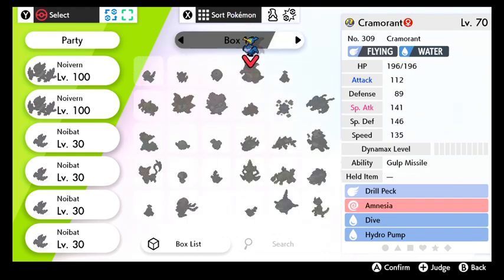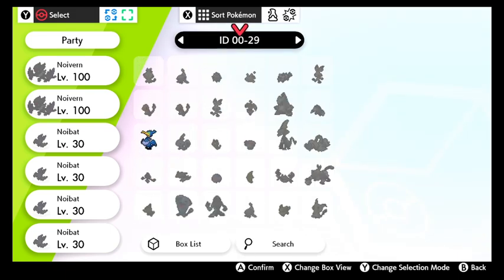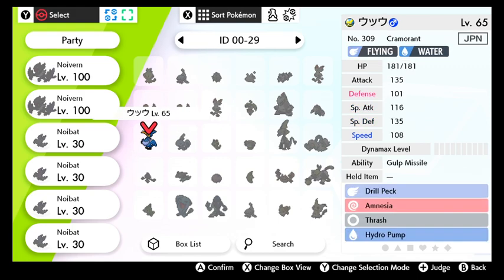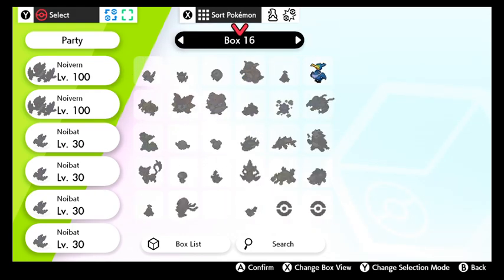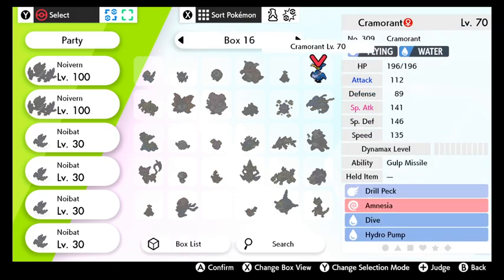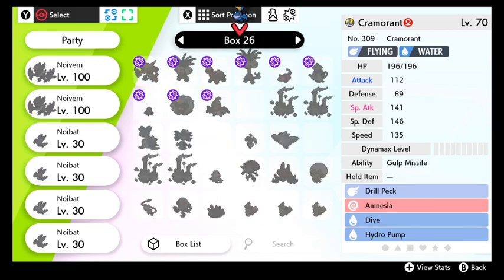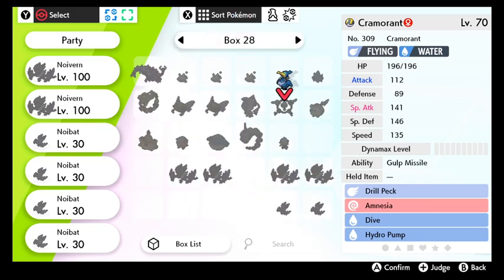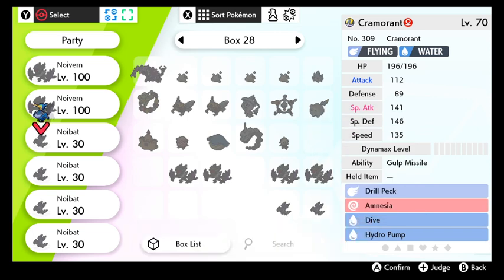Actually, given that, let's grab the weaker one because this one's probably weaker. It's not that much weaker. Like I said, I don't like mixing my hacked and non-hacked Pokemon, just to keep things straight, but for now it will do. Okay. Because I just need to dig here, and then